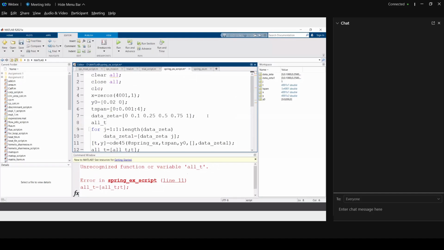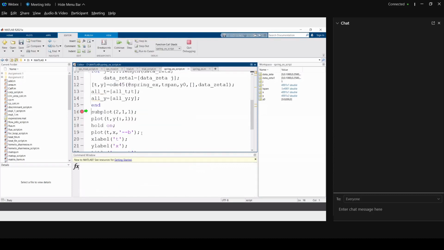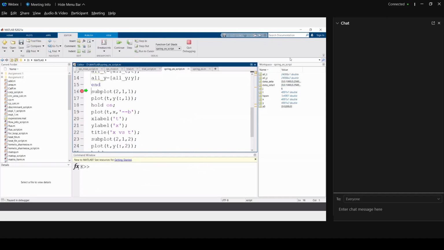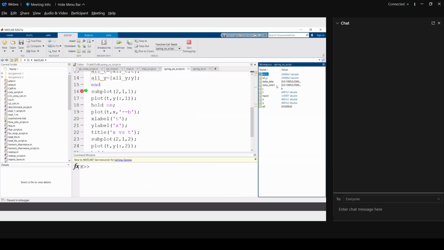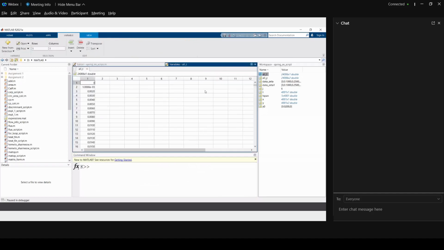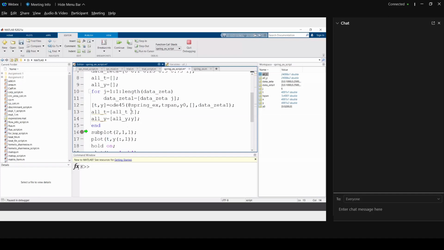हाँ, all underscore t इज इक्वल टू नल मैट्रिक्स। यस, all underscore y इज इक्वल टू नल मैट्रिक्स। ये चीजें मैंने तुमको सिखा दिया है अभी, ठीक है? चलो अभी रन करो। हाँ, अभी तुम all underscore t ओपन करो इधर, वर्क स्पेस में, क्लिक ऑन दैट। हाँ, तो ये हो रहा है गलत, अपने को चाहिए वन रो आफ्टर द अदर, करेक्ट, वन कॉलम आफ्टर द अदर, तो तुमको वहां पे चेंज करना पड़ेगा। यस, सेव इट एंड रन इट अगेन।